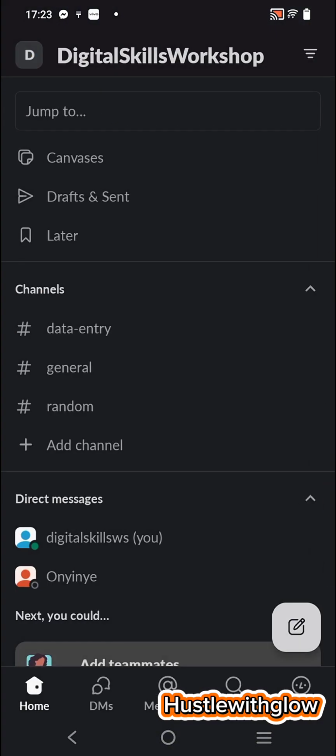So this is how your Slack runs. And it's pretty much the same thing with Onyinye's interface, the way she'll be seeing it is pretty